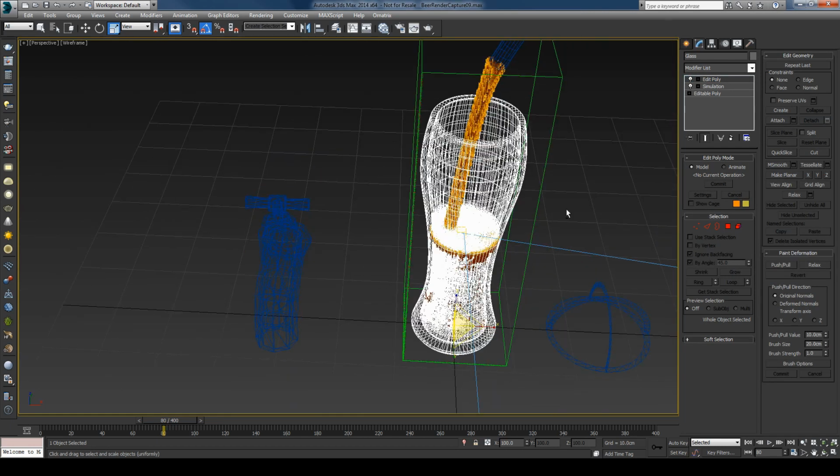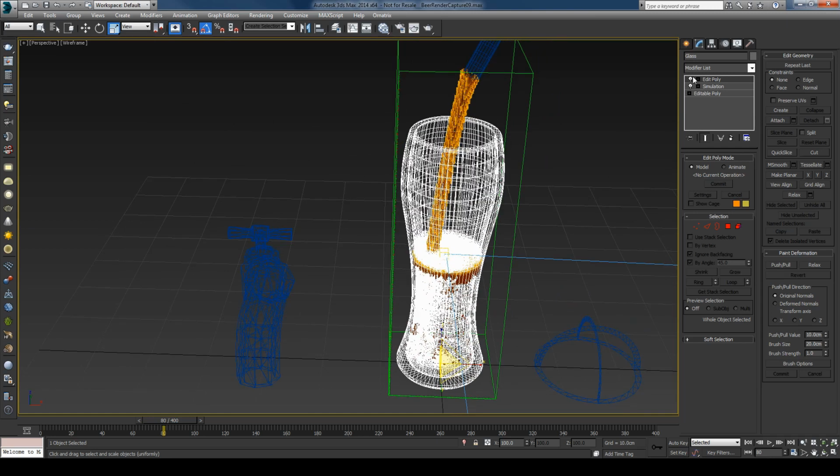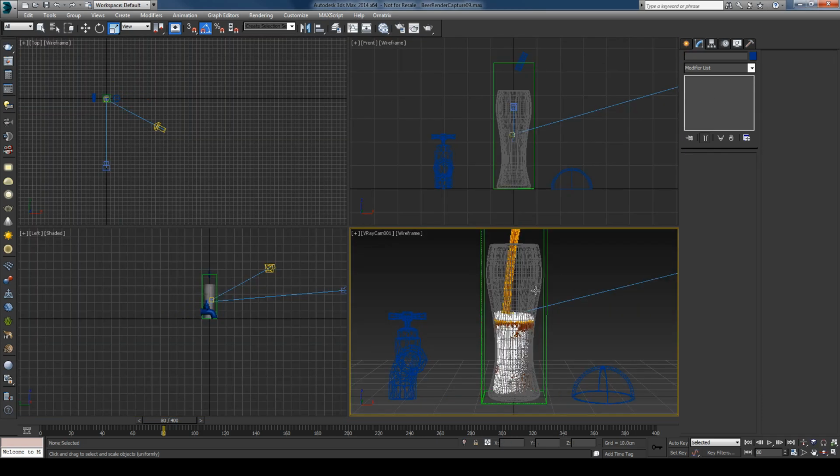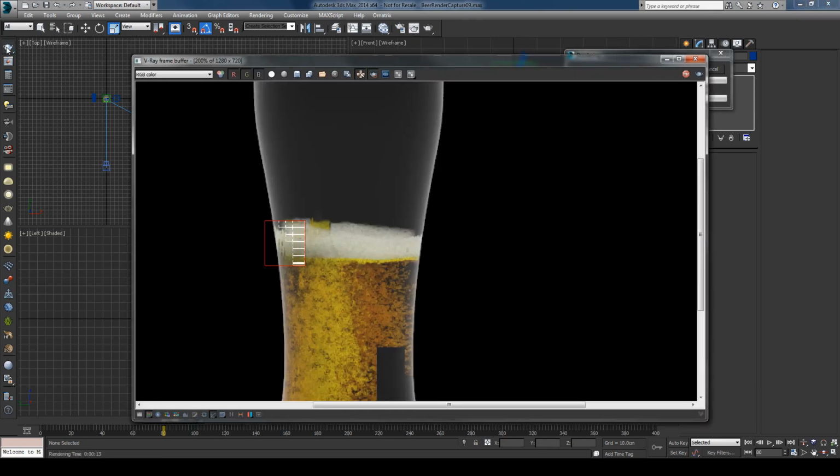And let's rename this modifier to rendering, and let's hit render again. And the lines are now gone, and we now have this nice clean render,